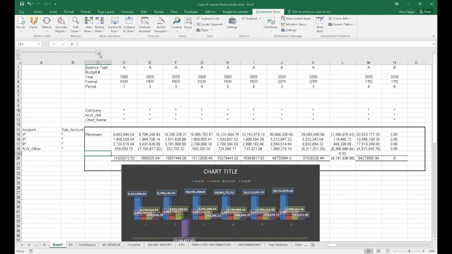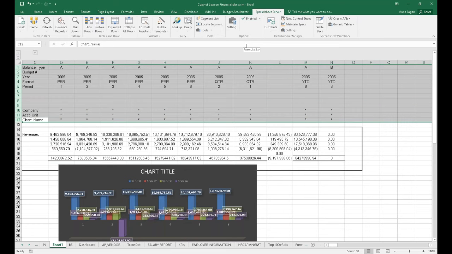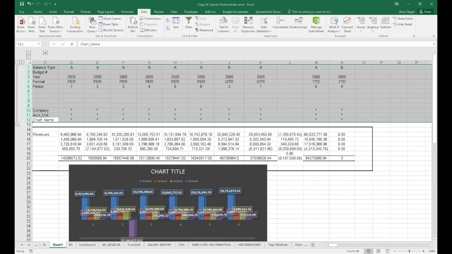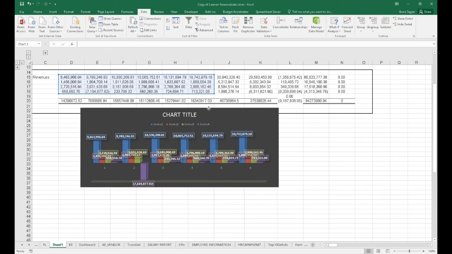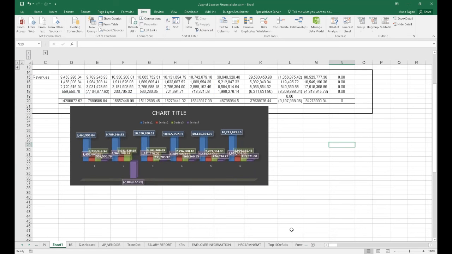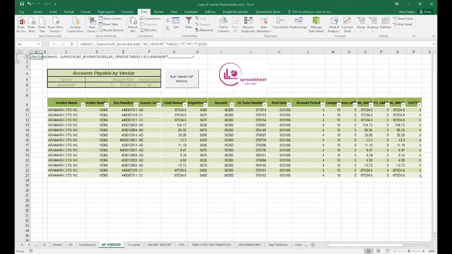So pulling reports together, again, I don't have to be technical, it's easy to build reports here. I can come up here and group this up so it looks clean and nice the way I like it. Now I just have to open up this report every time I want to see the data. So whether you're going after balance sheet data like I have here, or AP vendor data, for example, I'm just using